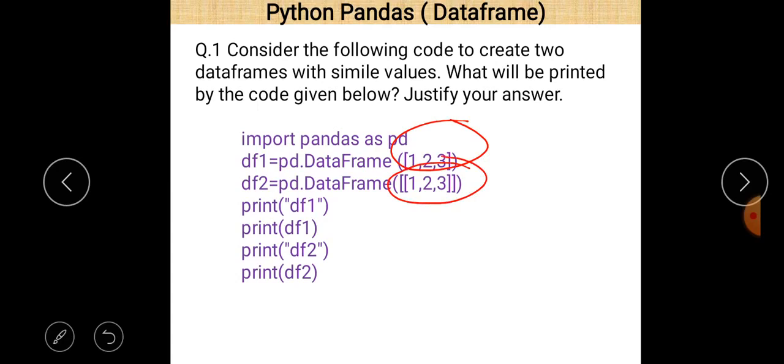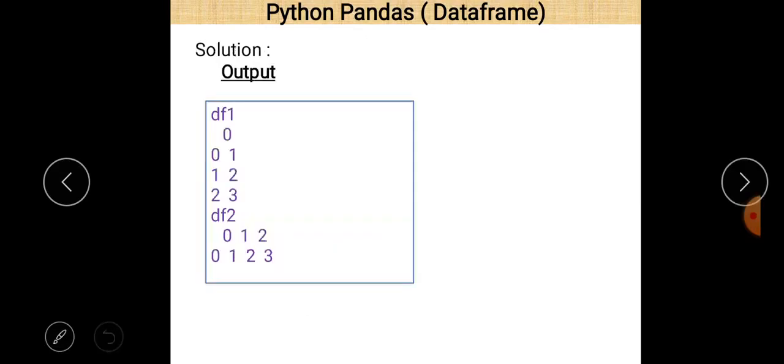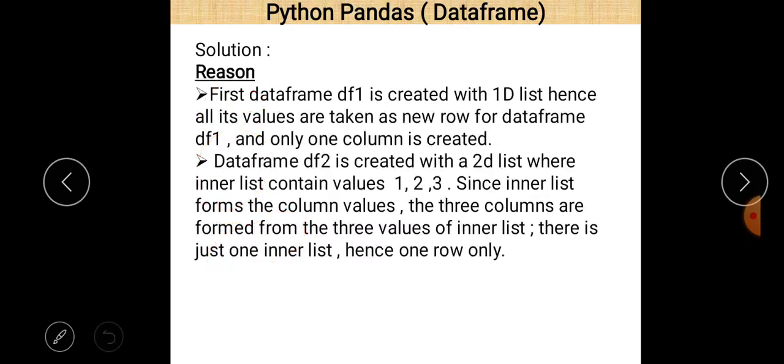Okay, and one thing also remember that there are two print df statements. In the first case, it is marked in double quotes, so it is a string, so it will print as it is on screen, but in the second case it will print the value. Similarly for the last two statements, this will print df2 as it is, and this will print the data frame value regarding df2. Now you can see the output. df1 is there, df2 is there, the first data frame is there, and this is the second data frame. So that is the output regarding that.